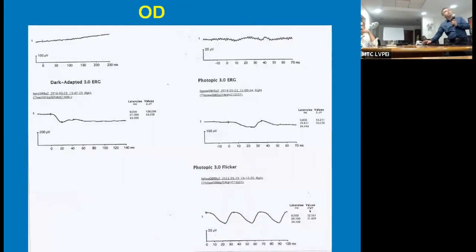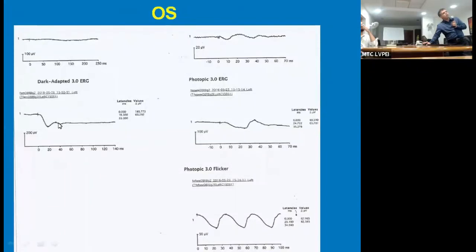And as we can see here, this is the extinguished scotopic responses. You see, normally a B wave should come like this, and the B wave is not rising. Normally it's the A wave. In the dark adapted 3.0, it should go up. So this is classical of congenital stationary night blindness. And diagnosis is important because they are non-progressive, and in fact, they become better.